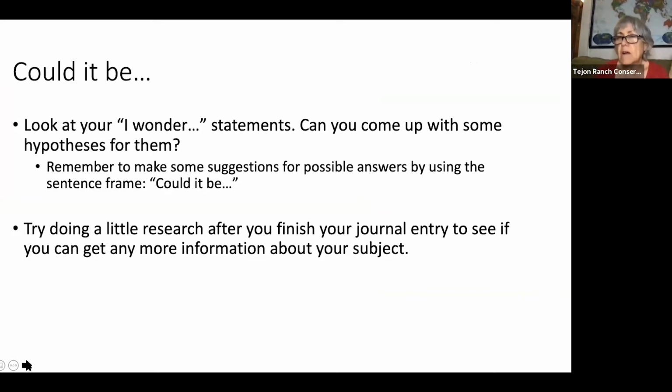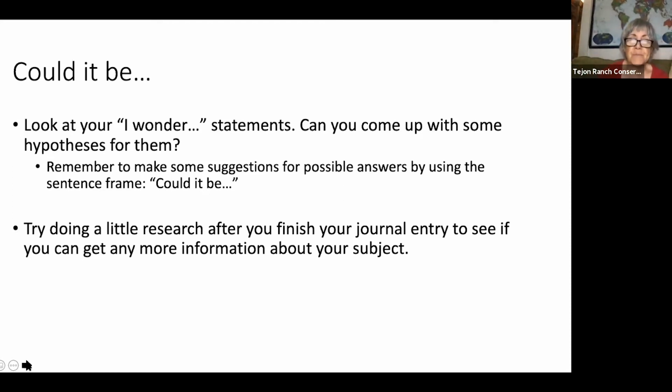Why do you think? What are some ideas that help you to answer your questions? One of the questions that I wrote in my journal was, I noticed that the ant has mandibles, teeth on the front, but also has a stinger on its abdomen. I wonder which it uses for self-defense, both of them or one of them. Could it be that it uses the mandibles for self-defense? Because I've been bitten before, so it's possible that that's what it does,